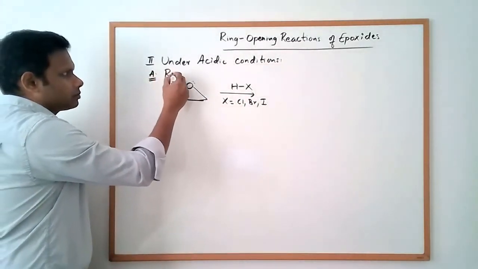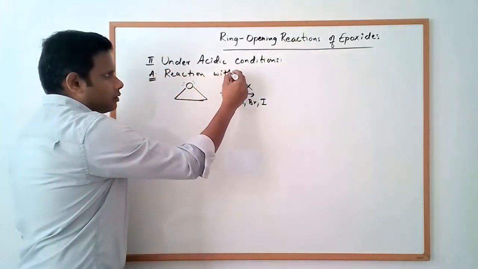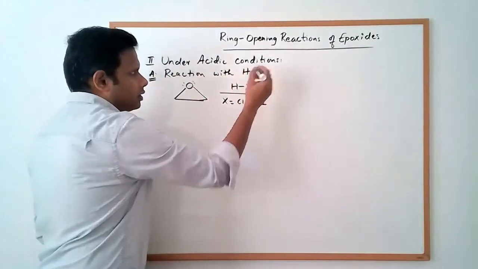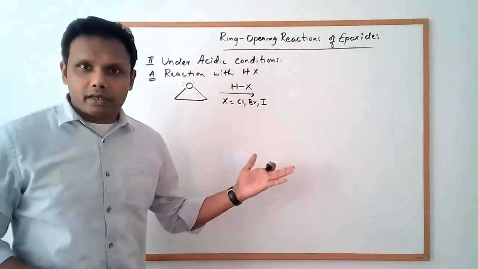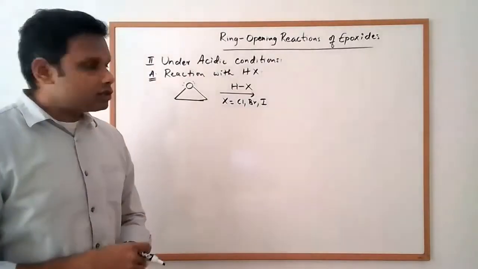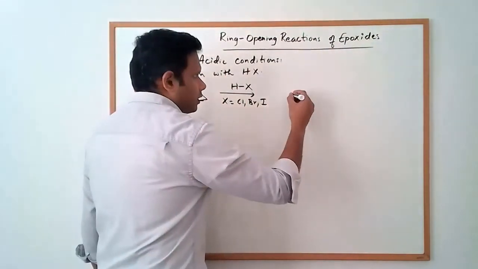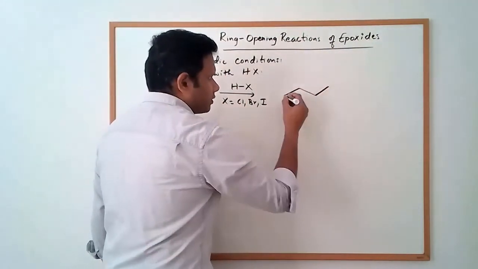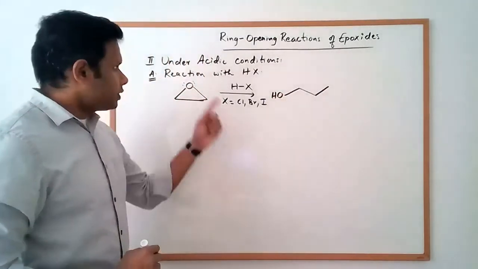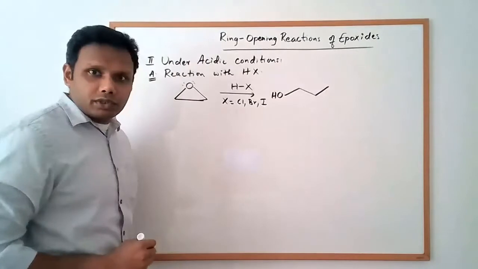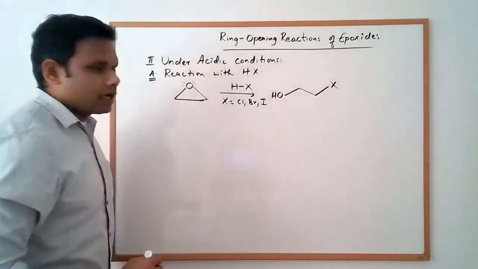So reaction with HX, where X is a halogen: chlorine, bromine, iodine, any of those. So what happens when an epoxide reacts with a hydrogen halide? The product that we get under these conditions is an alcohol again. The epoxide ring opens up to give us an alcohol, but on the other end there is a halogen,